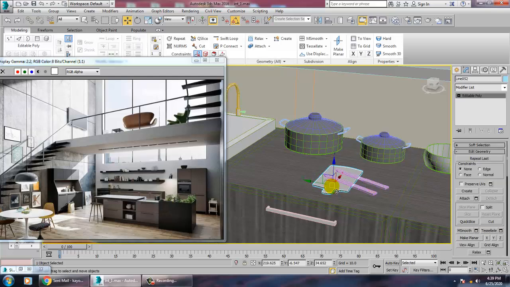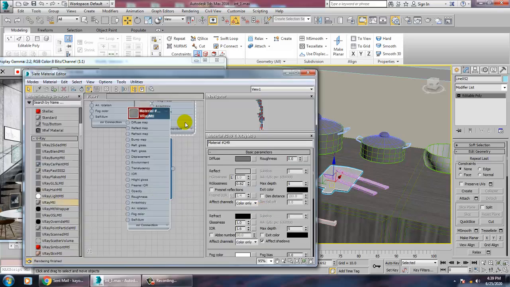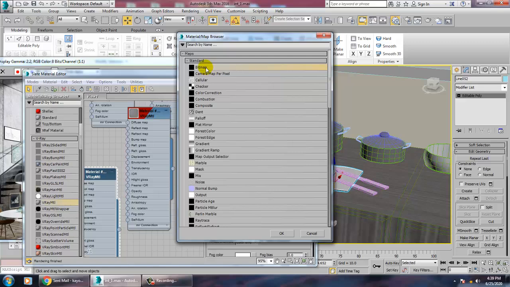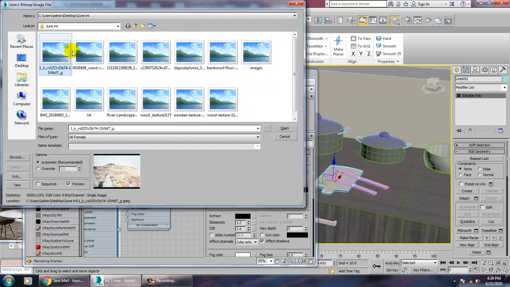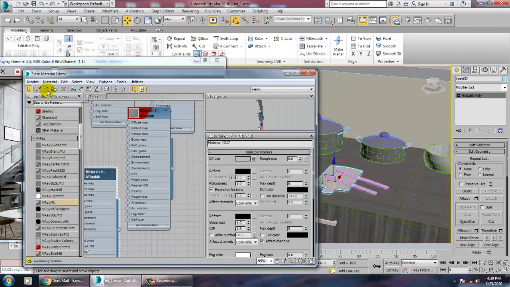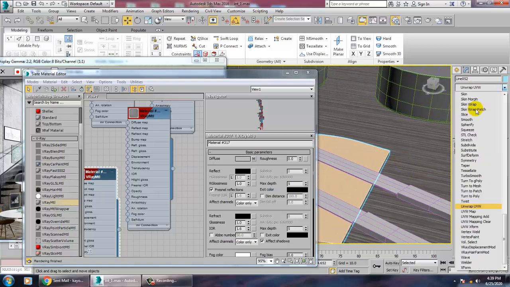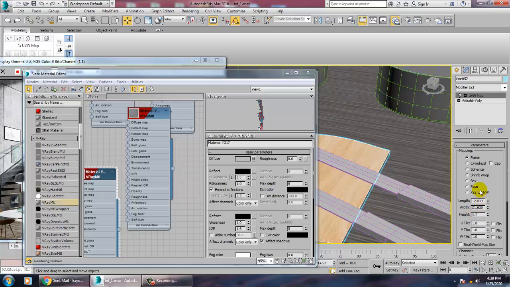So for this, what we are going to do is again take a V-Ray material, and for this we'll assign this ply texture, kind of a wood only, better.